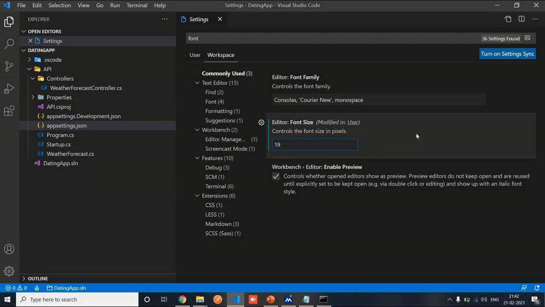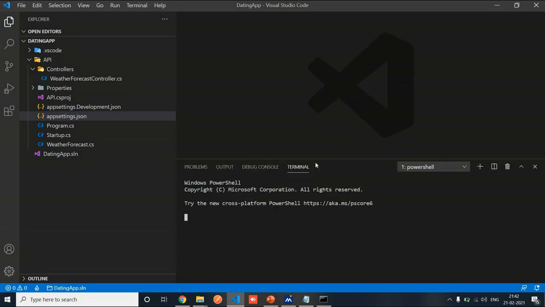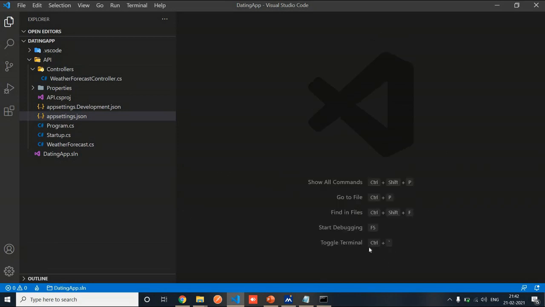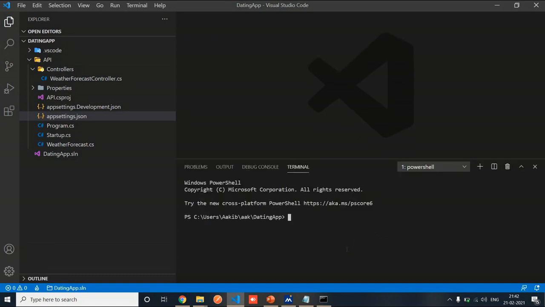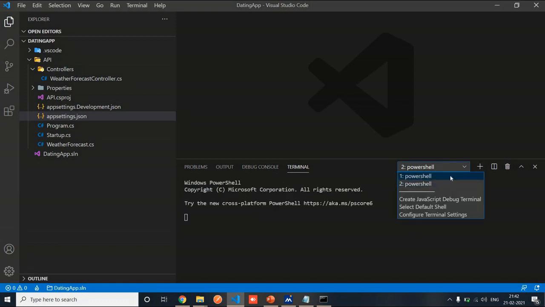As inside the code, we also have an integrated terminal window, which I believe is devoted to PowerShell on a Windows computer and on a Mac too. Then we can just get to it by pressing the shortcut which is highlighted in the window to toggle the terminal, and in my case that's just Control apostrophe, and this brings up the terminal window inside here. And then we can add new terminals if you want and choose from different lists. This is incredibly useful and is one of the really cool features of this code.